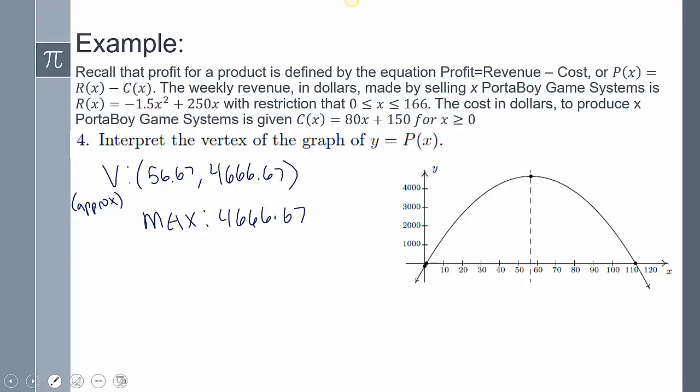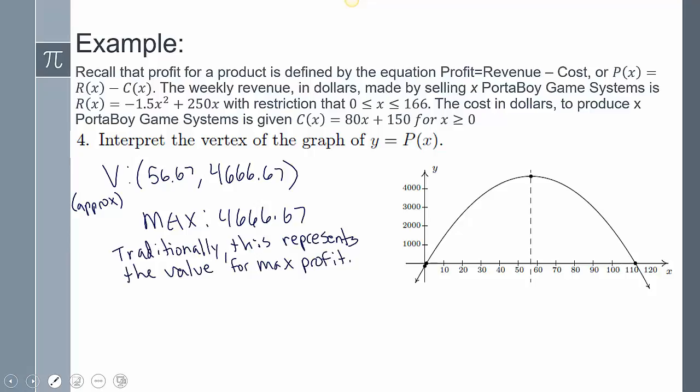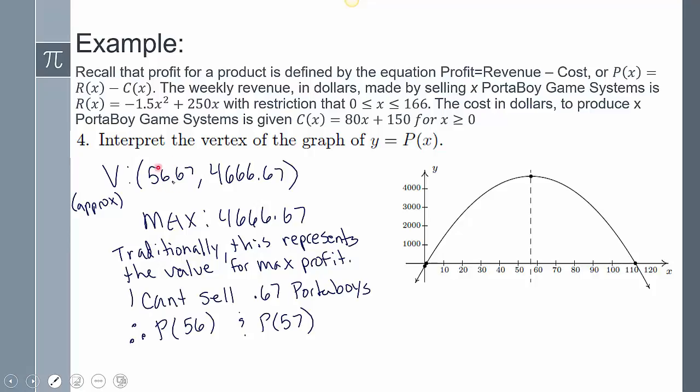Now the only issue here is, how do I sell 56.67 Portaboys? You can't. So because of that, I have to do some approximations. If I can't sell 56.67, let's see what it looks like if I sell 56, or if I round up, let's see what it looks like if I sell 57. So entering both of those into my calculator, I get